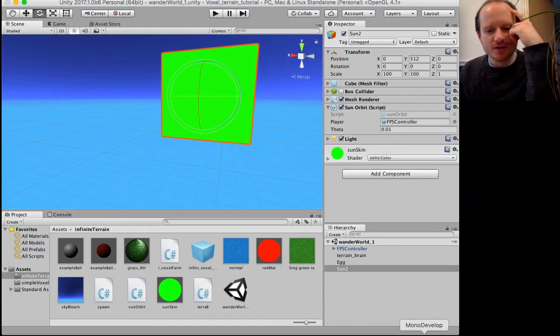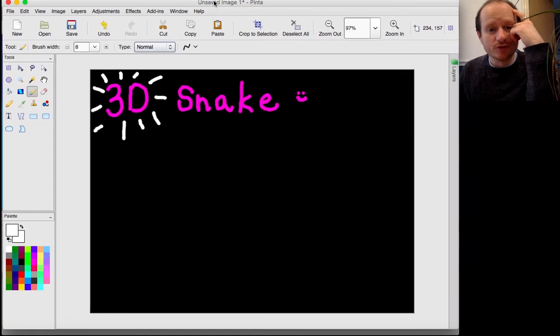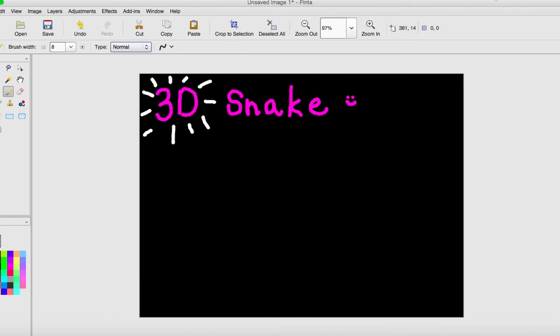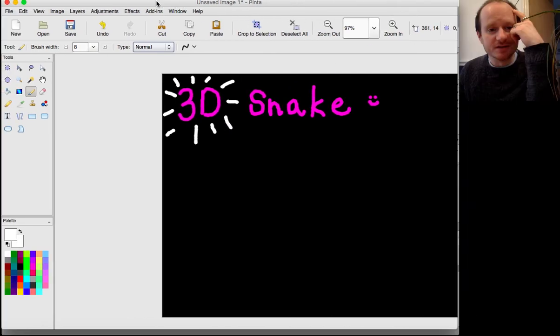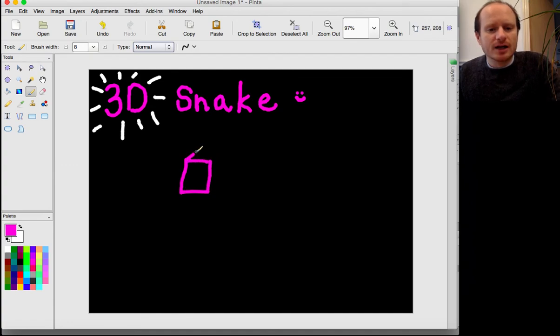So I've actually got a drawing board ready. Here we go. Oh, it's maximized itself. There we go. So we want to have, let's choose pink again, a cube, and we're going to attach a script to this cube